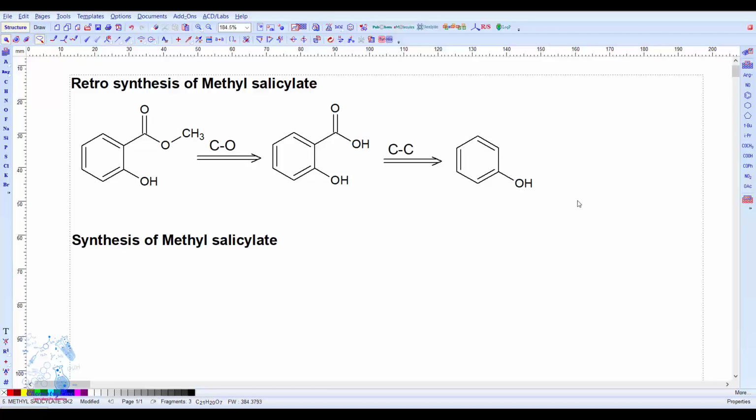But now we are talking about the synthesis of methyl salicylate. Obviously what we get at the end of the retrosynthesis is the starting material for our synthesis portion. So for that purpose we need to copy this compound and paste it here. Again we need to add a normal arrow for that. So just place an arrow here and be careful when you draw the arrow.